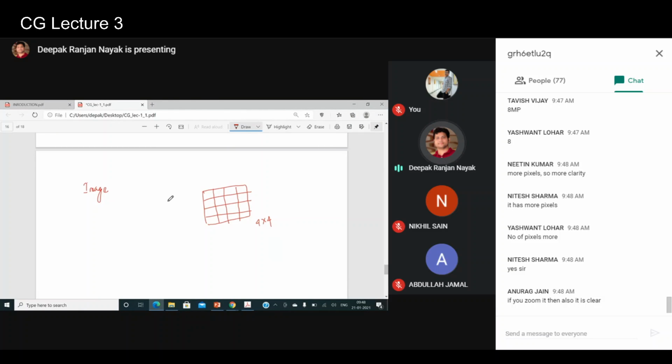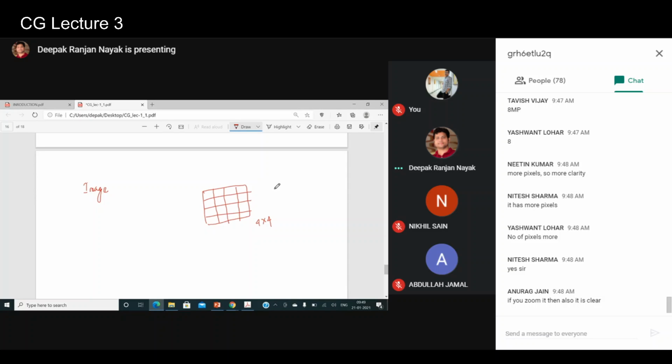Let's say there are 4 rows and 4 columns. The width and height of the image are given to us, and it is also given that every pixel requires this many bits. Then you have to calculate how many pixels there are, and multiply the number of bits required for each pixel by the total number of pixels. Then you can calculate the size in bits, bytes, kilobytes, whatever you want.